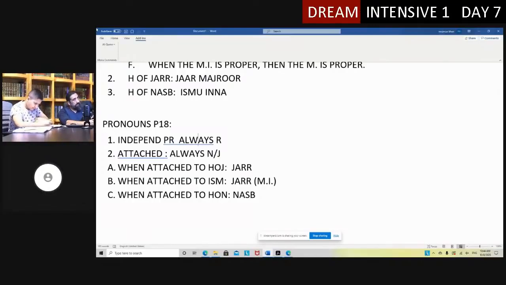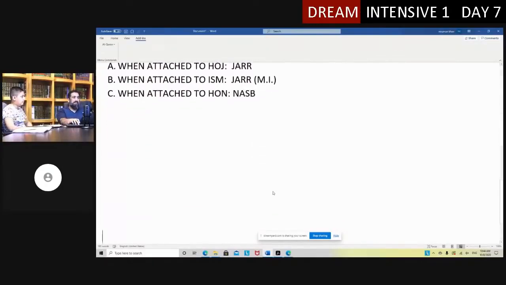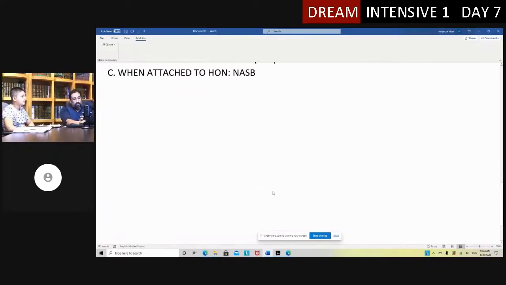When a pronoun is attached to an ism, why is it jar? Let's think about that. It's good that you asked, because it seems like, why though? So let's walk through it. I did walk you through it a little bit yesterday, but it doesn't hurt to do it again. If I say,